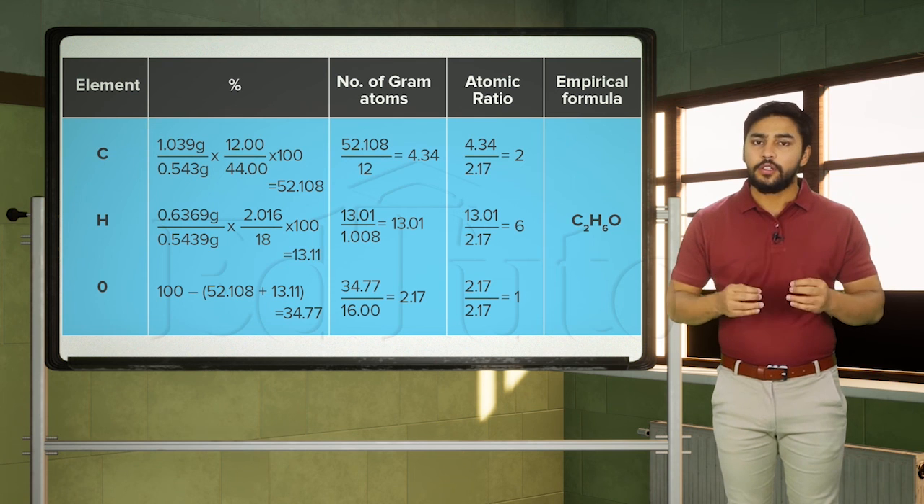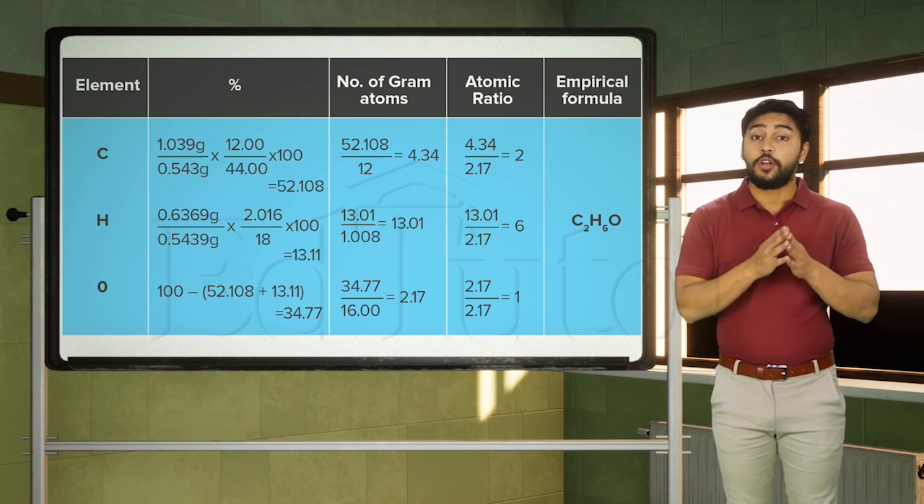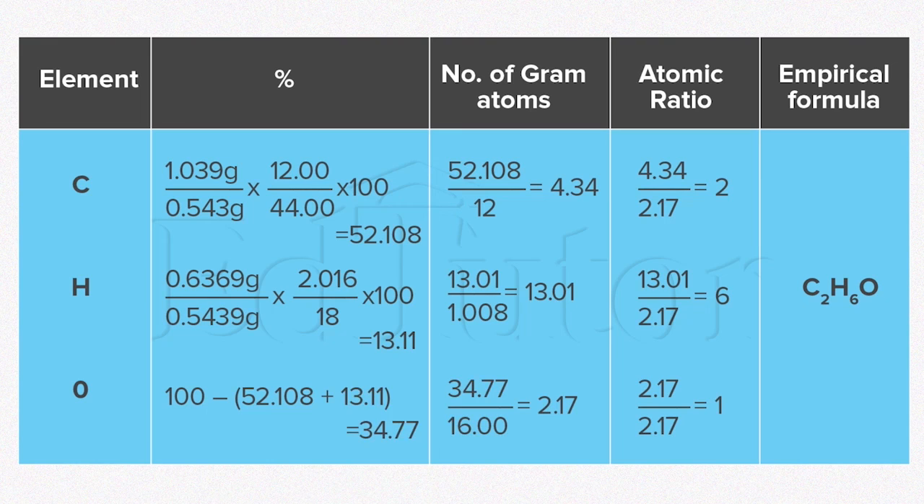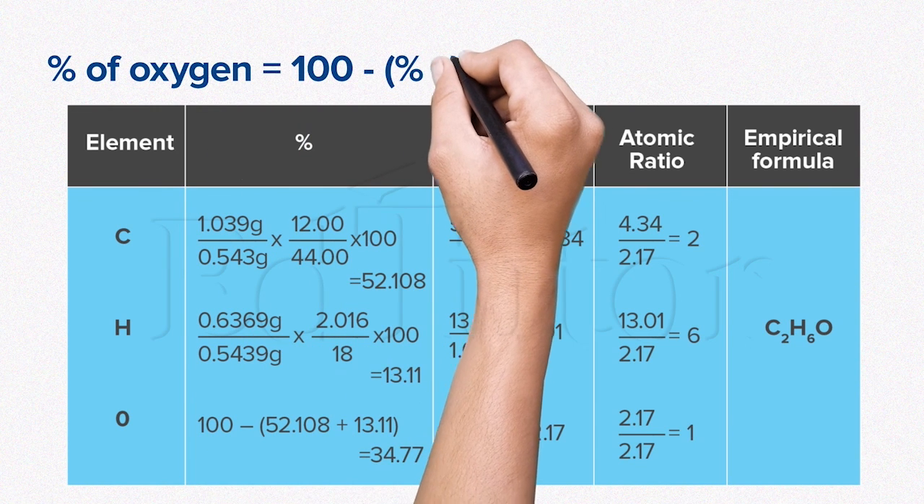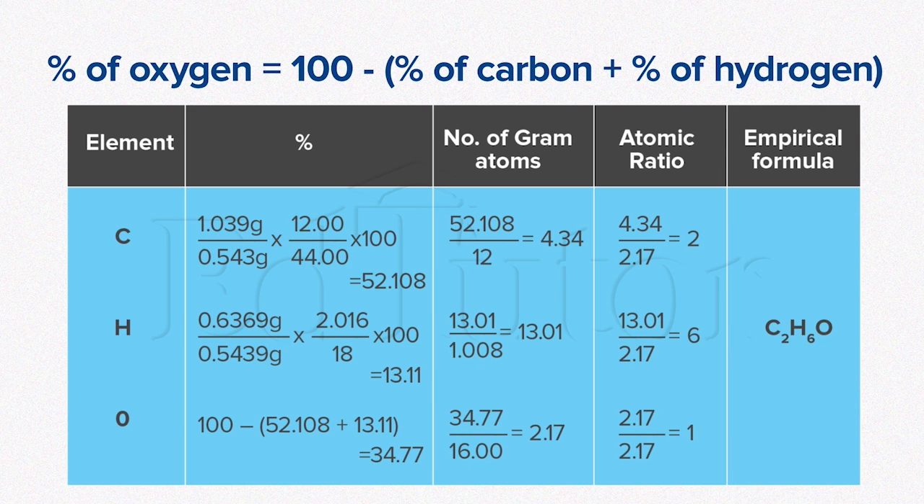Percentage composition equals mass of hydrogen divided by mass of compound multiplied by 2.016 divided by 18 multiplied by 100. This will give 13.11% hydrogen. Next, we will calculate the percentage composition of oxygen by using the difference method. Percentage of oxygen equals 100 minus percentage of carbon dioxide plus percentage of hydrogen. By putting the values, we get 100 minus 52.108 plus 13.11 is equal to